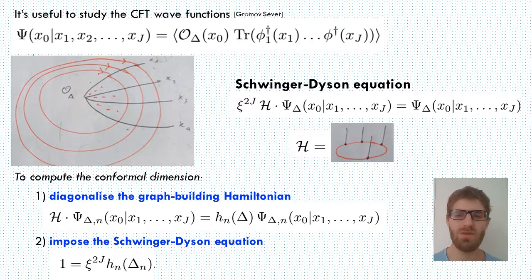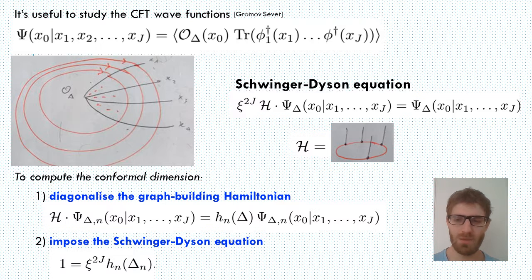The wave function is defined as a correlator between the single trace operator we want to study and a second trace where the fields are point-split. By definition, this is already a renormalized correlator at the non-perturbative level, and it contains information on the exact value of delta. To compute it from diagrams, we would need to resum infinitely many wheel diagrams and renormalize the operator to remove the UV divergence at the point x0. However, there is a shortcut.